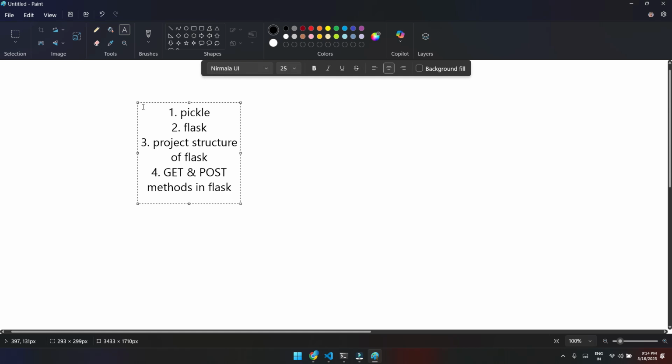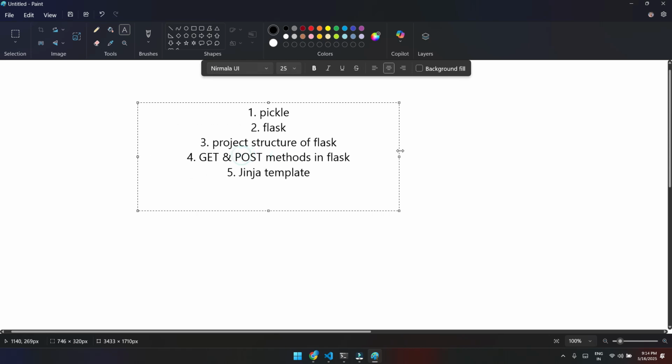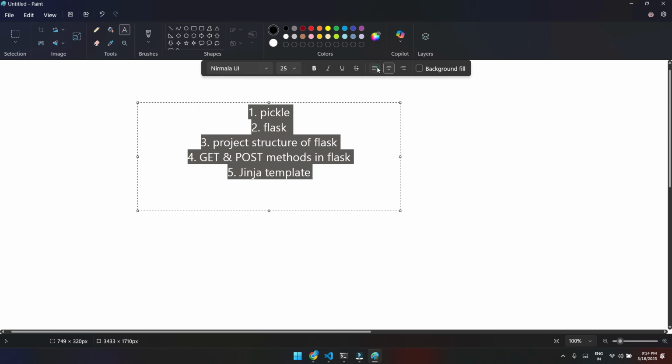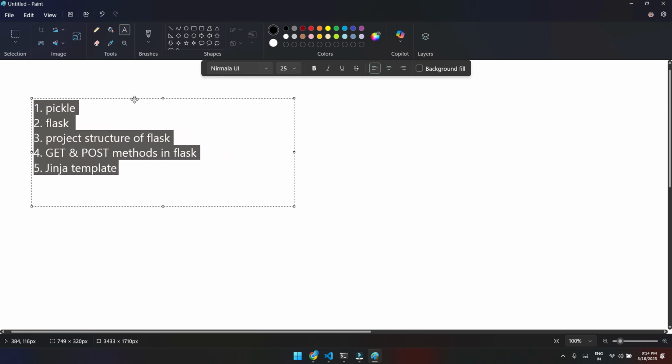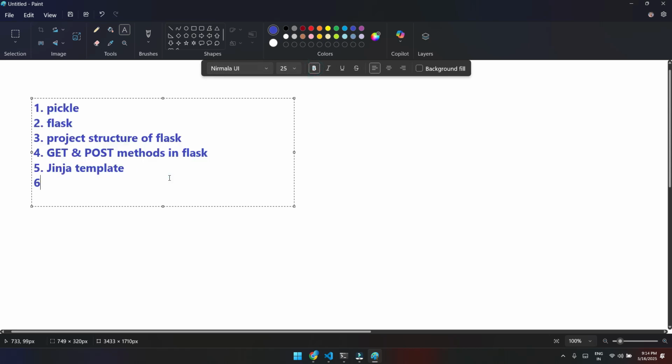and then the fifth one that we had seen was a Jinja template. Actually, we have not covered the complete Jinja template. We have just seen the Jinja template required for our Flask development, or that ML project deployment using Flask. So you can watch around these 5 videos. If you want to understand this video, you need to watch these previous videos so that you will get more clarity. And now we will see today the ML project deployment